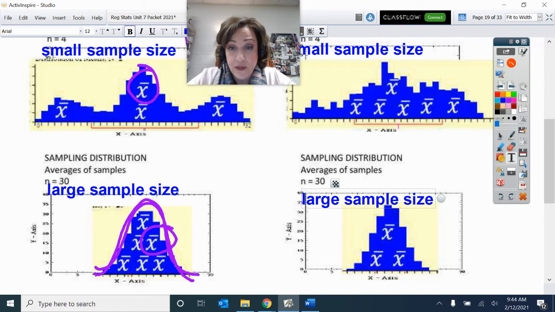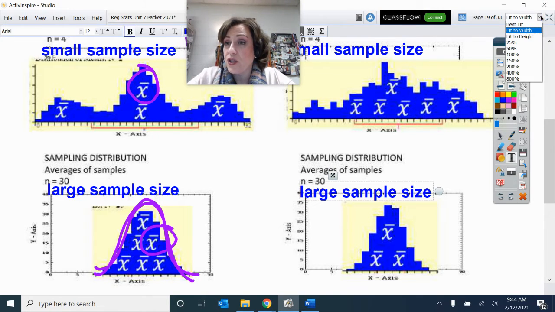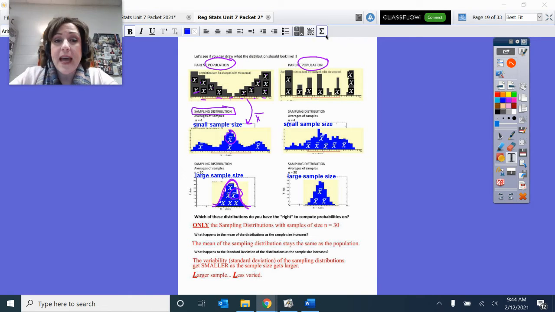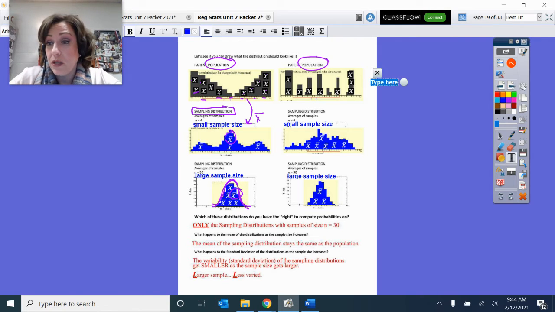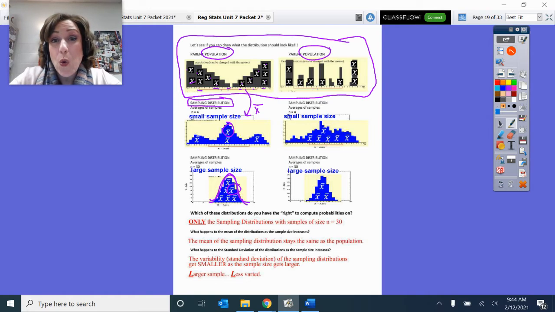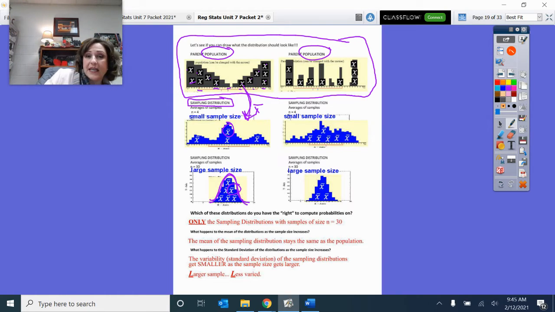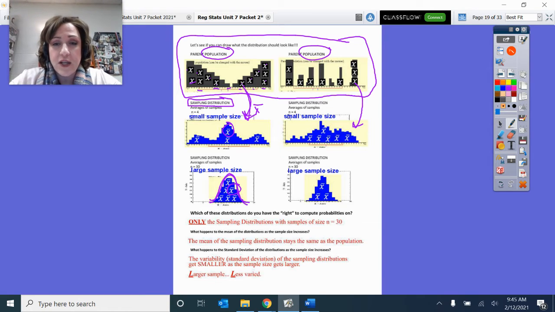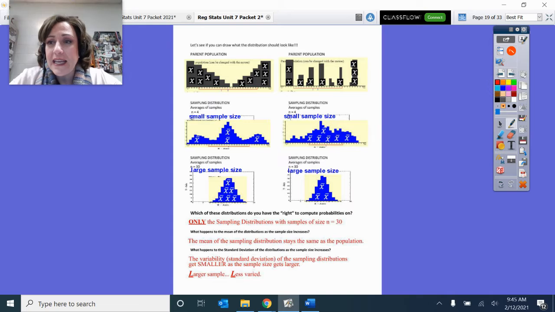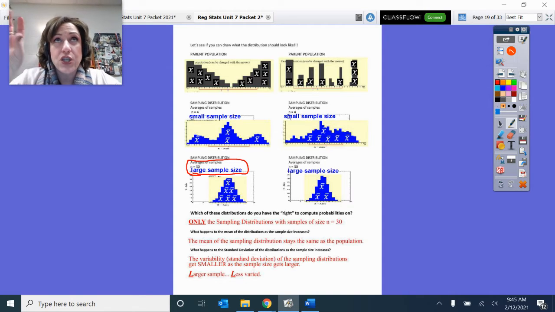And again, the conclusion that we came to, and I'll zoom this out so you can see, was this: even if we do not know the shape of the population, this top part here, or if it's a really unusual shape, then if you drop down samples that you average, you're going to have small sample sizes that will not look pretty. You can't count on this coming out to be something that we can do normal model math with. But the big idea is that if I have a large sample size, meaning I took more than 30